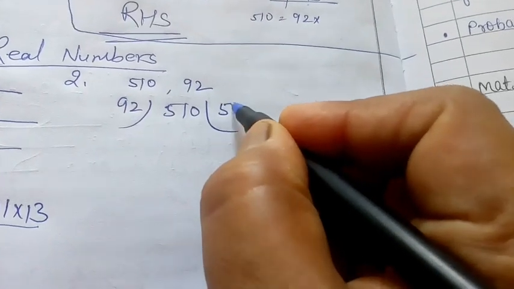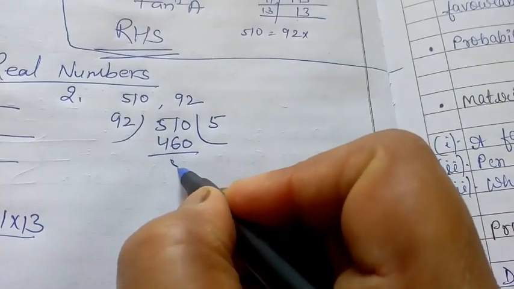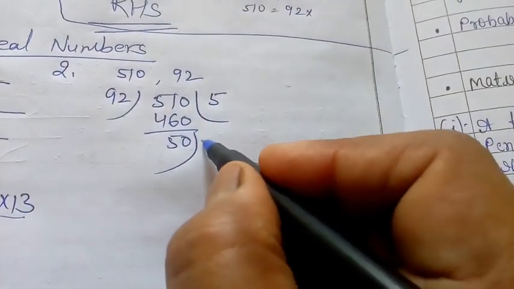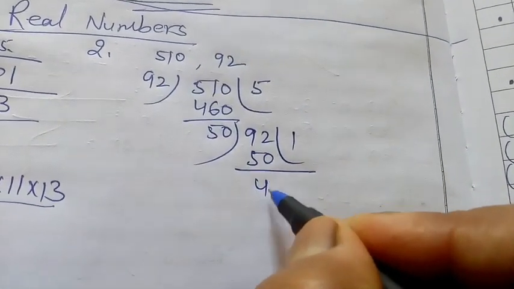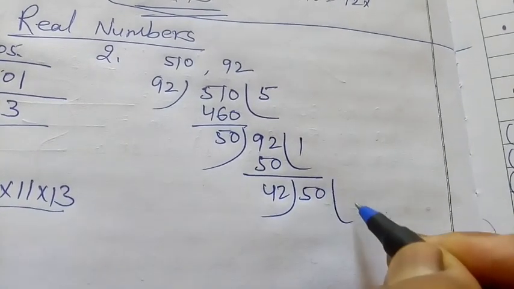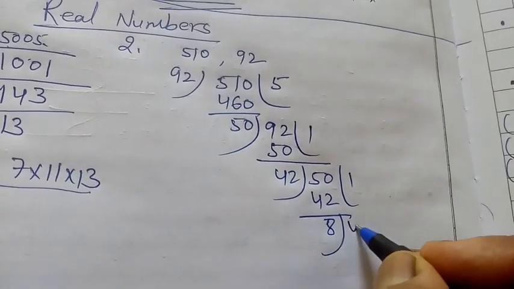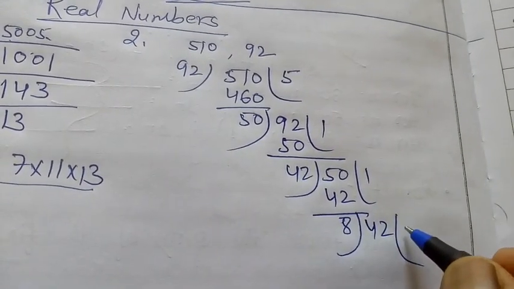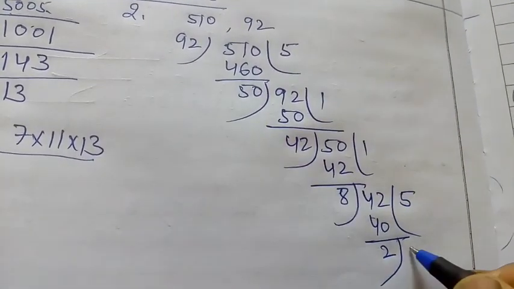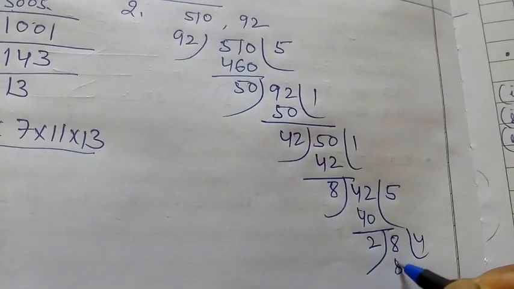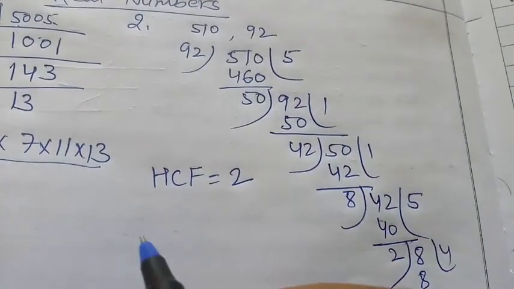510 divided by 92: 5 times 92 is 460. Subtracting, 50. Then 92 divided by 50, 1 time, remainder 42. Then 50 divided by 42, 1 time, remainder 8. All of you know how to find the HCF by long division method. 2, 2 4s are 8. Here HCF equal to 2 and finding LCM